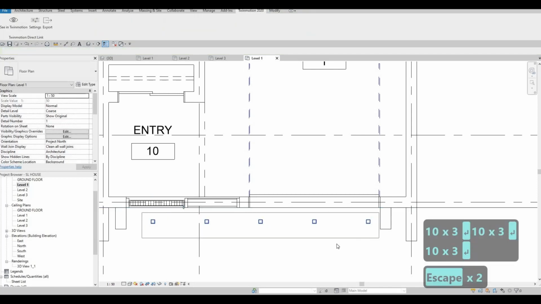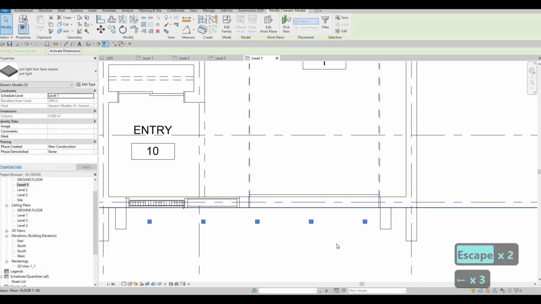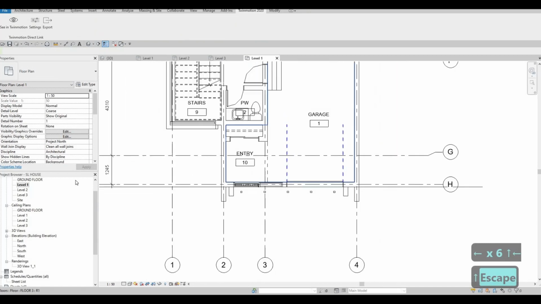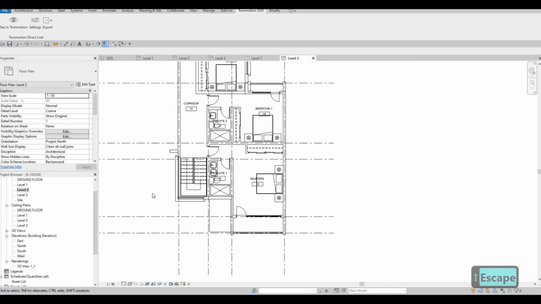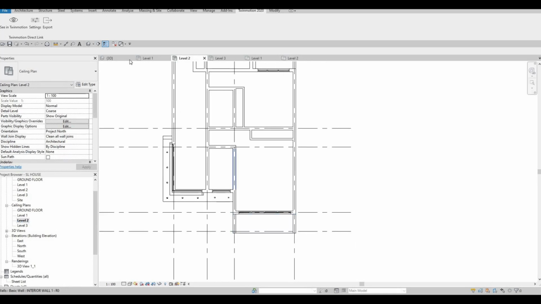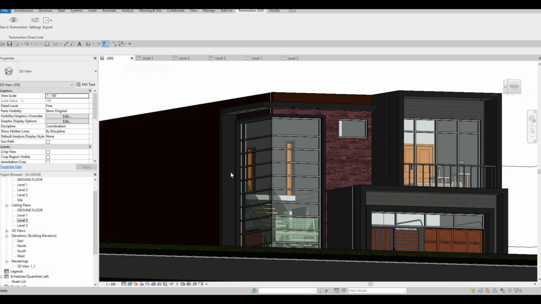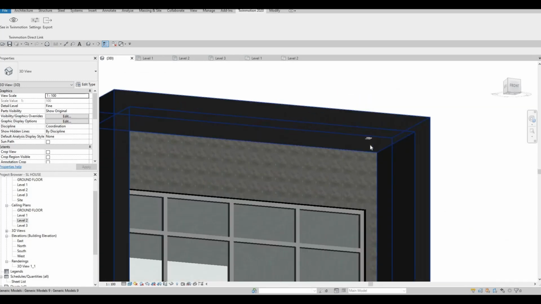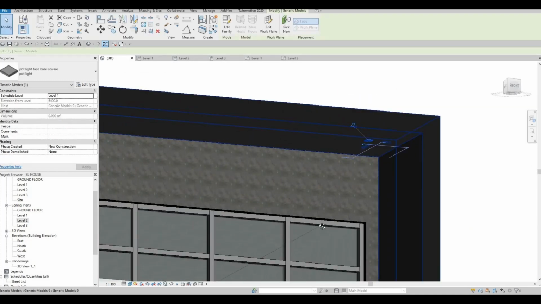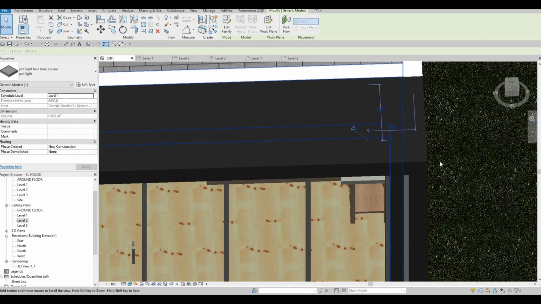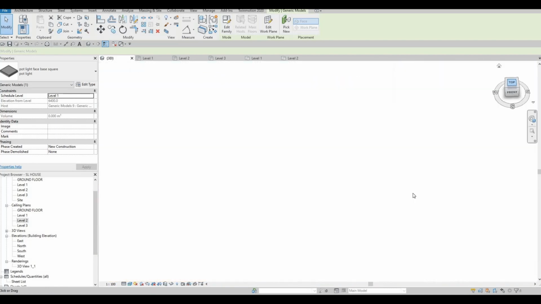And grab them all together, and then just move this one like so. And then let's just check level 2 if that is still showing there. Just the ones right here are not showing. But we could clearly just,